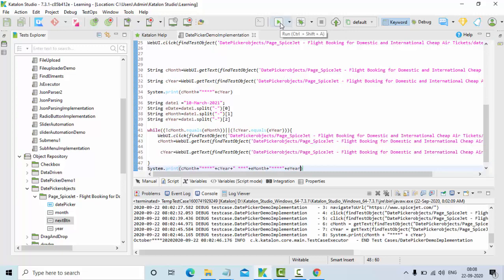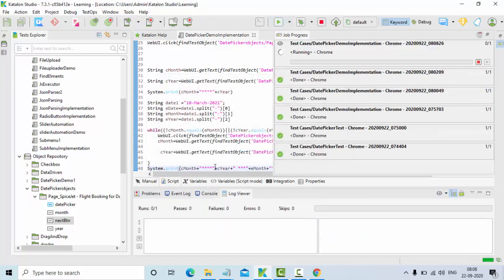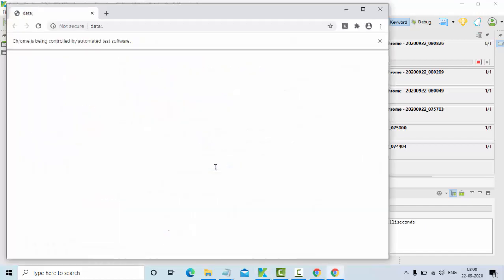Let me execute this. It's actually very important that we execute a couple of times so that we understand that our application is error free at each and every stage.